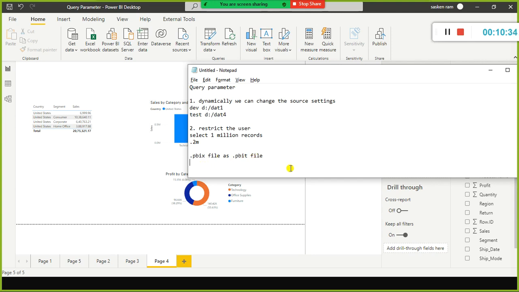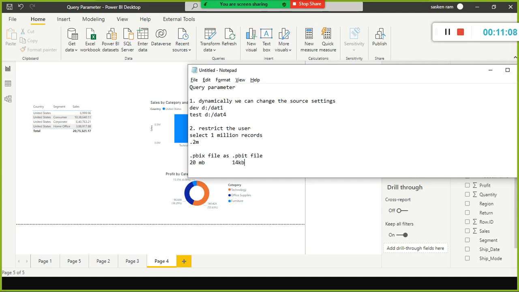For example, your .pbix file is 20 MB, and your .pbit will be very, very small, for example 14 KB or something like that. The .pbit file is much smaller because it keeps only your report structure and not the data. It just keeps the metadata, which is nothing but the report structure. That's all.